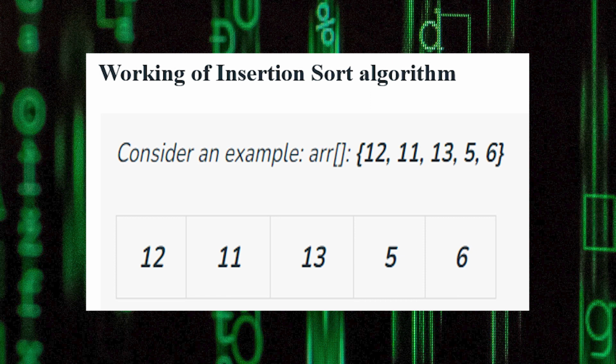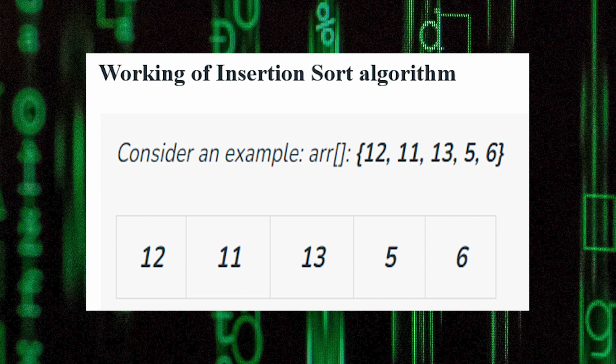In the first step, we will consider the element 12, and 11, 13, 5 and 6 will be in an unsorted array. We will divide the whole array into 2 parts. The first part is sorted and the second part is unsorted. In the sorted part, the first element is 12, and I will consider 12 as a sorted element,